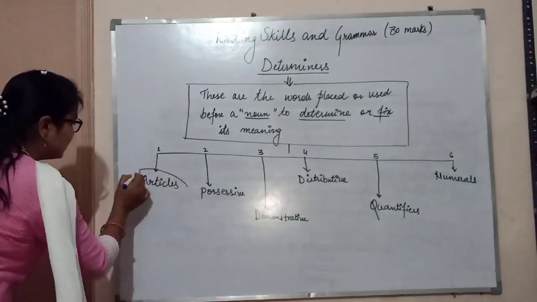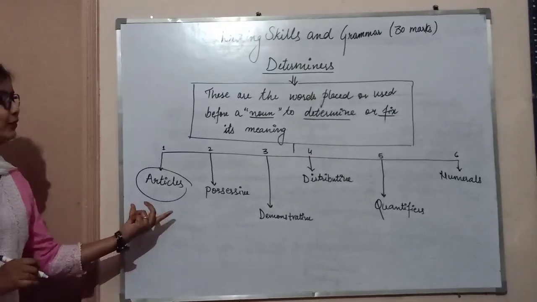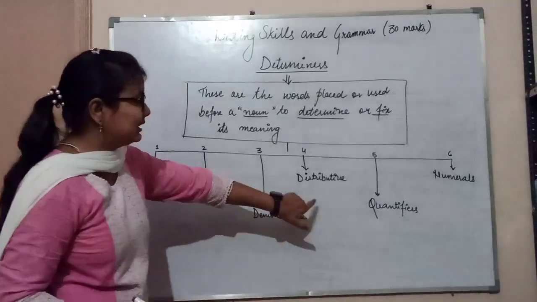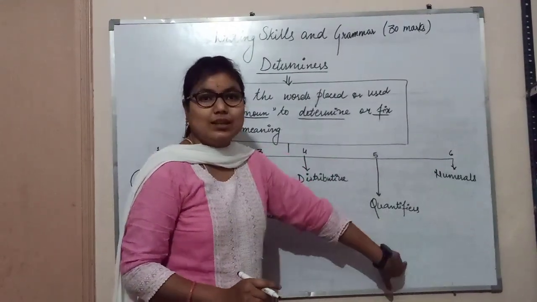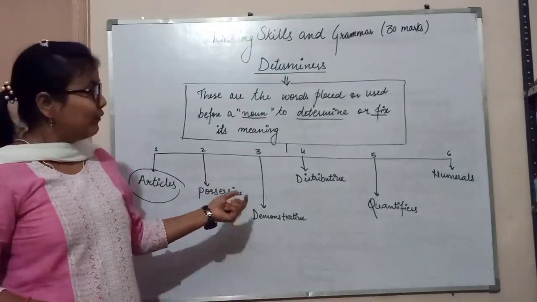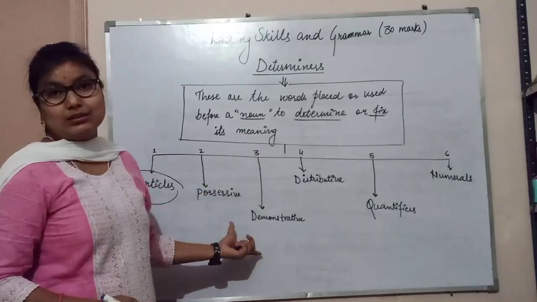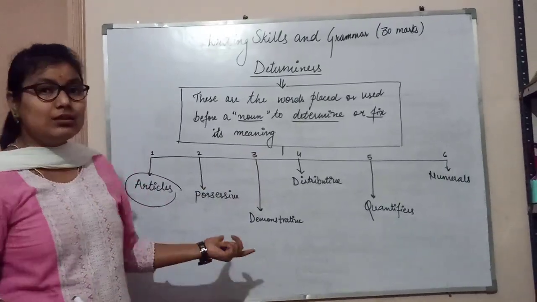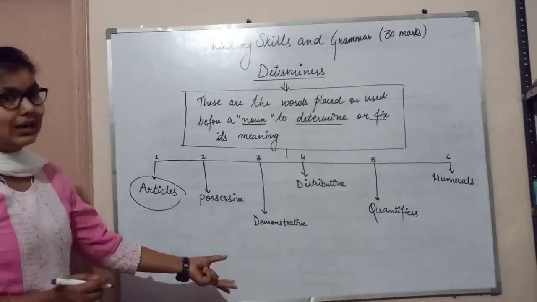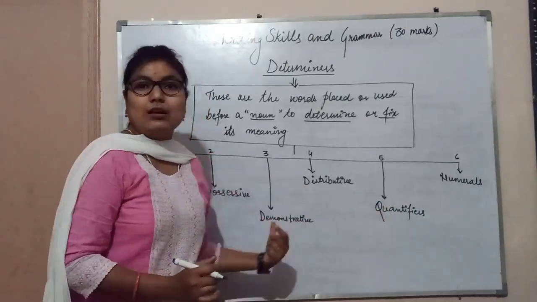This is a single topic. We will be covering this in another video, and these 5 we will be discussing one by one in this video, and I will be making a second part of determiners for the further discussion or advanced discussion on determiners. Let me continue with this. You first note it down and make the chart. After that we will be continuing with one by one discussion on these determiners.